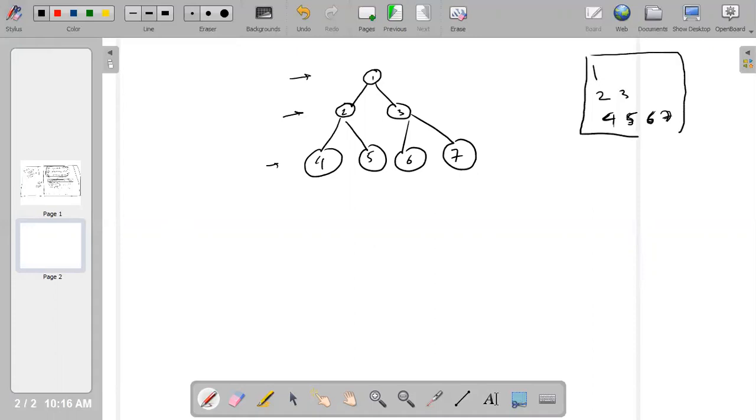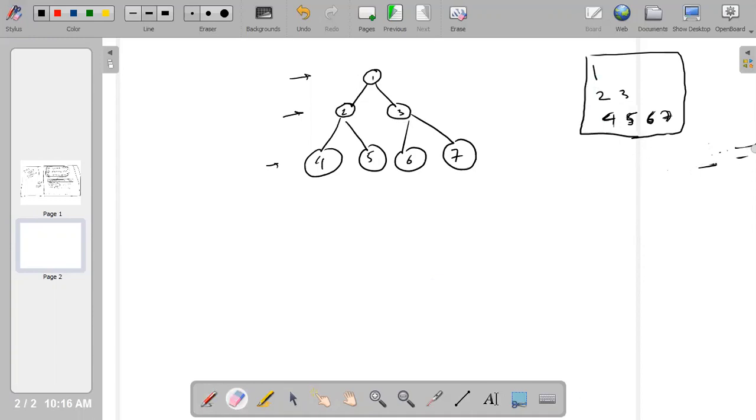If you are not using recursion, you can use a queue to solve this problem. I'm not going there. You guys know queues. I have already talked about queues and how we can implement them. If you want to do it, just apply the queue concept and you will be able to solve it. But because we are learning recursion, my challenge is how we can solve this using recursion. So you understood what the challenge is.